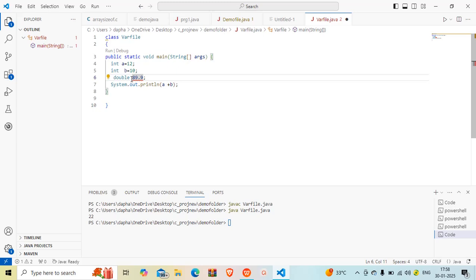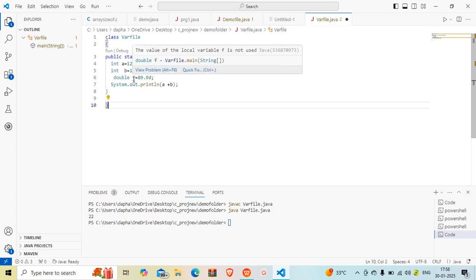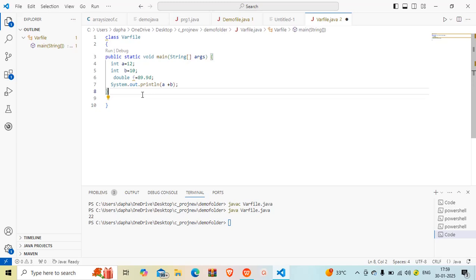Float is not working here. So like that we can take this value also.